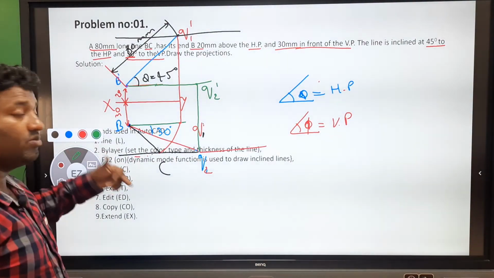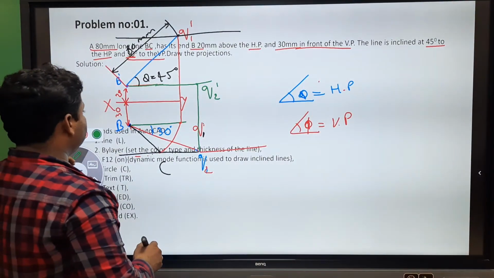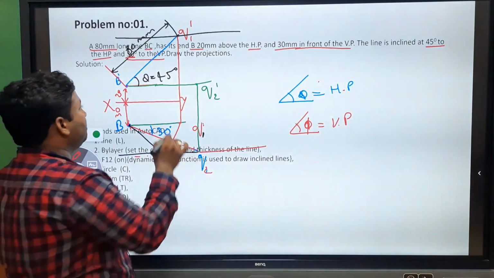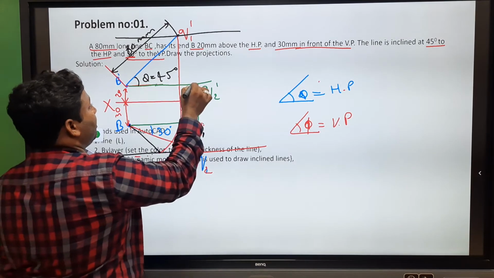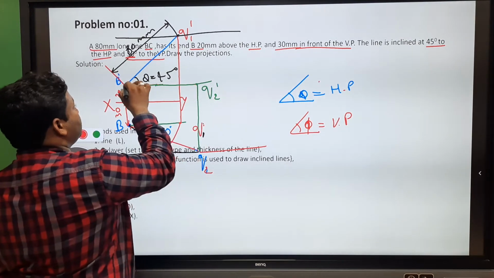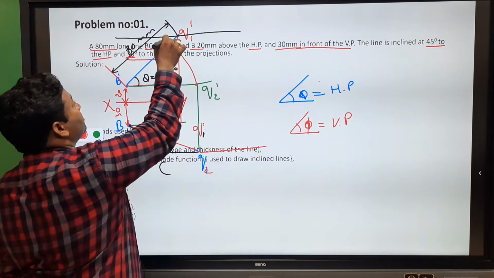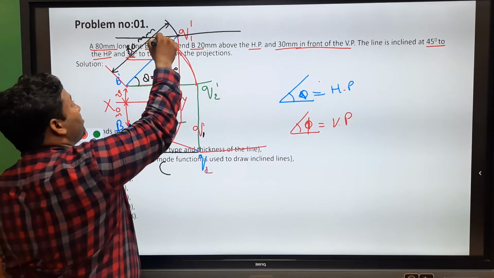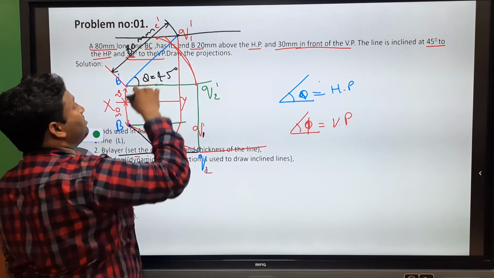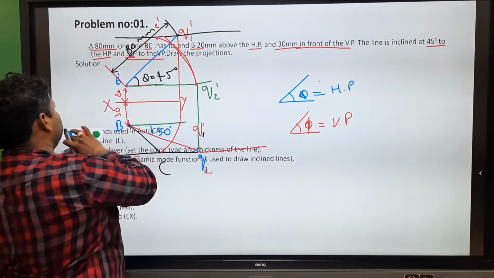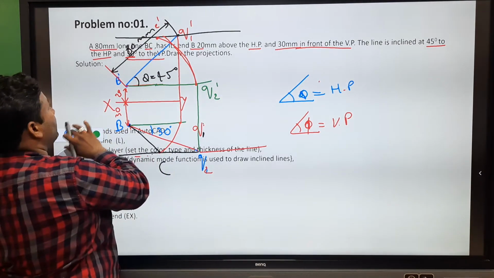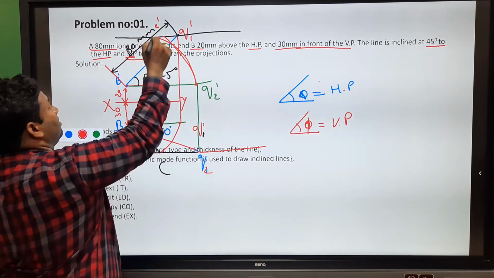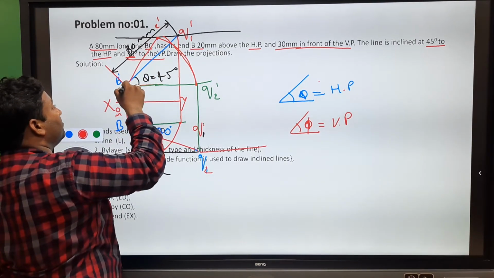Now what we have done here, the same thing we have to do here. We have to take the radius. With the help of the circle command, we have to take B complement as the center and Q complement as the radius. Center to radius, we draw the circle, and we will get up to here. Suppose in this way. Okay. So this is my point C complement. So after that, I have to join this line. Okay, I will change the color of this one. From C complement to B complement.